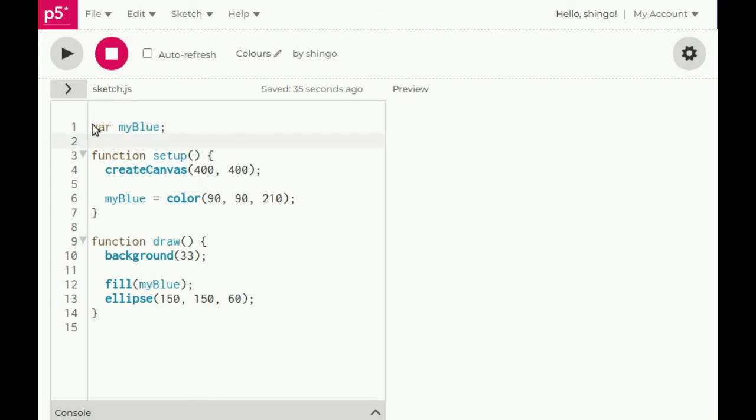That means this variable will be available all throughout our code. And the reason why we have to assign the color here within the setup, though we could also do it within draw, is because color is a function that